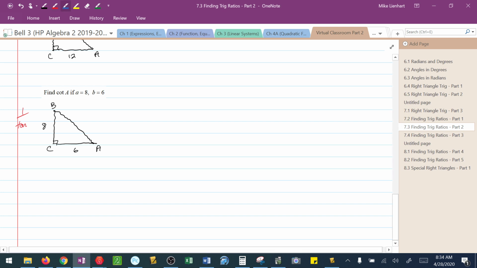Okay? So the cotangent of A, instead of it being the tangent of A, which would be opposite over adjacent, this will be adjacent over opposite. And I simplify the